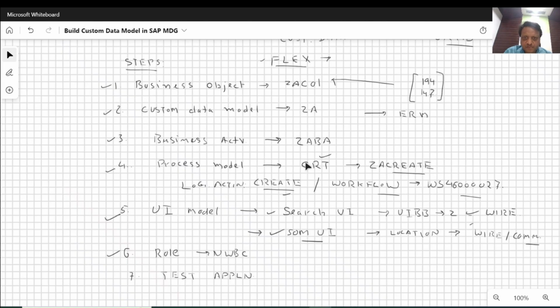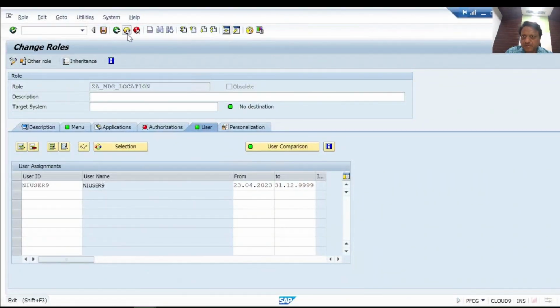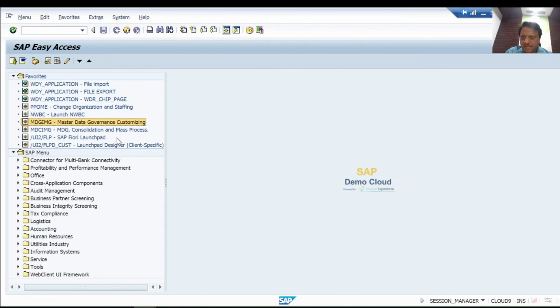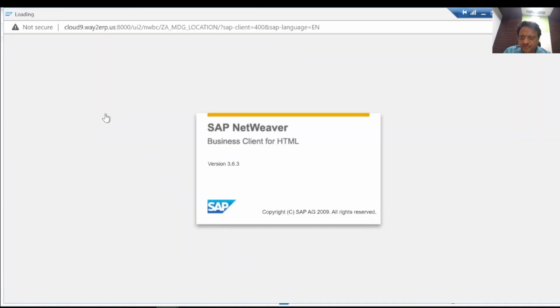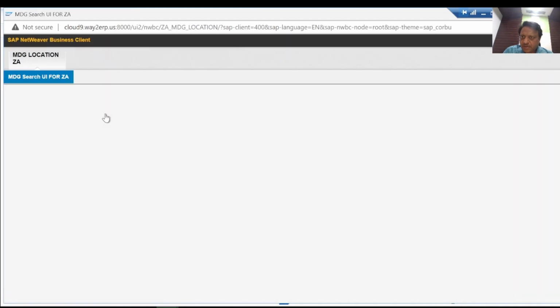So now this basically completes the role assignment or the role definition for NWBC. And finally, let's test the application. So let's go to NWBC. So when we get into NWBC, we'll see a link which is ZA MDG location. This is what we created. So we get the name for MDG search UI for ZA,